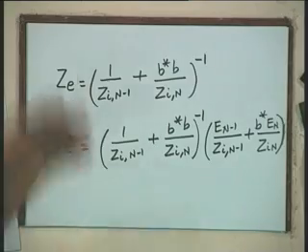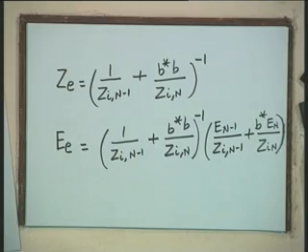Now, suppose instead of two machines forming a coherent group, we have more than two machines. Then this process can be repeated, and once you repeat it, you can get the equivalent generator representing the coherent group. Therefore, this exercise has to be done.